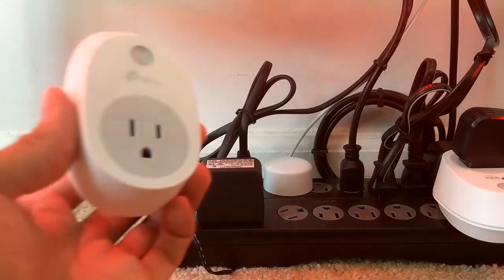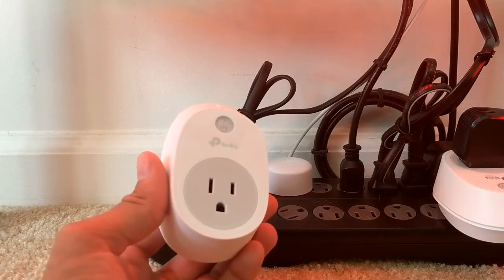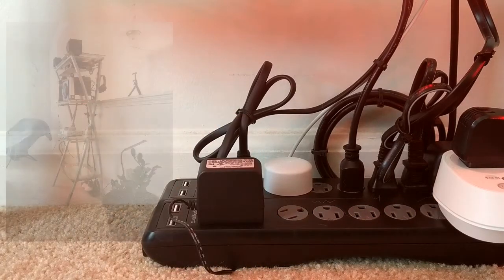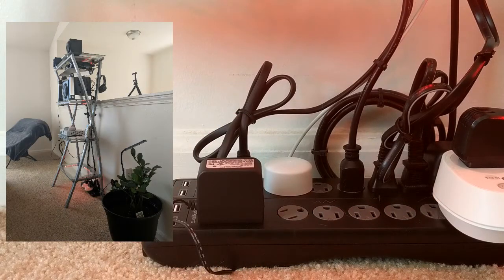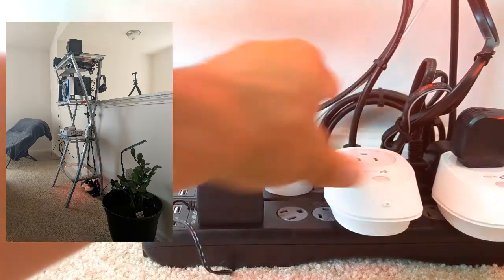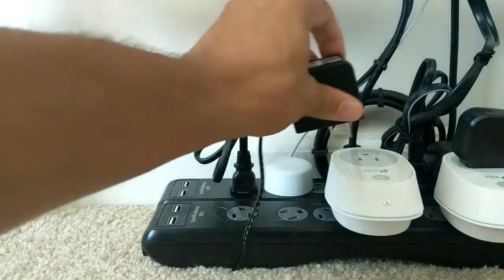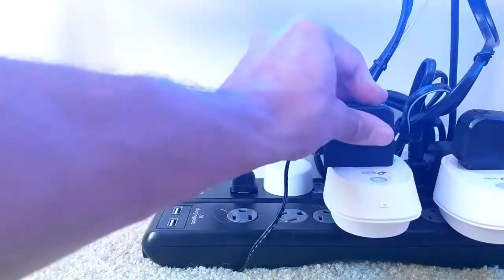Well, let's talk about repurposing the HS100. That's the smart plug I have here. I'm going to be using it in my media stack to control the lighting for it, or as I call it, the assistant in Media 1. And we're just going to go ahead and plug that right into there. And this is the media stack lighting, so we're going to go ahead and unplug that